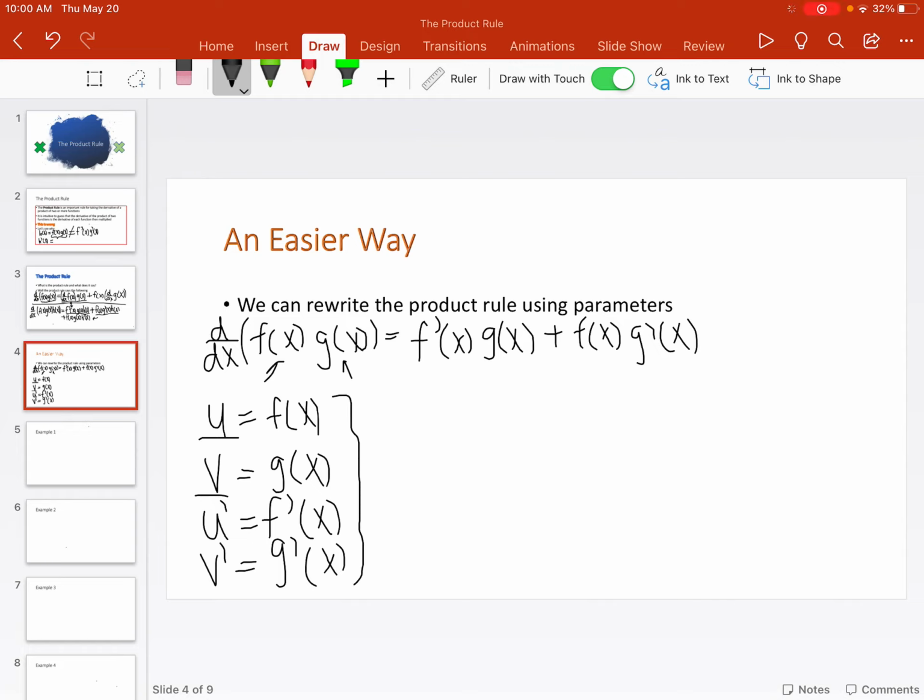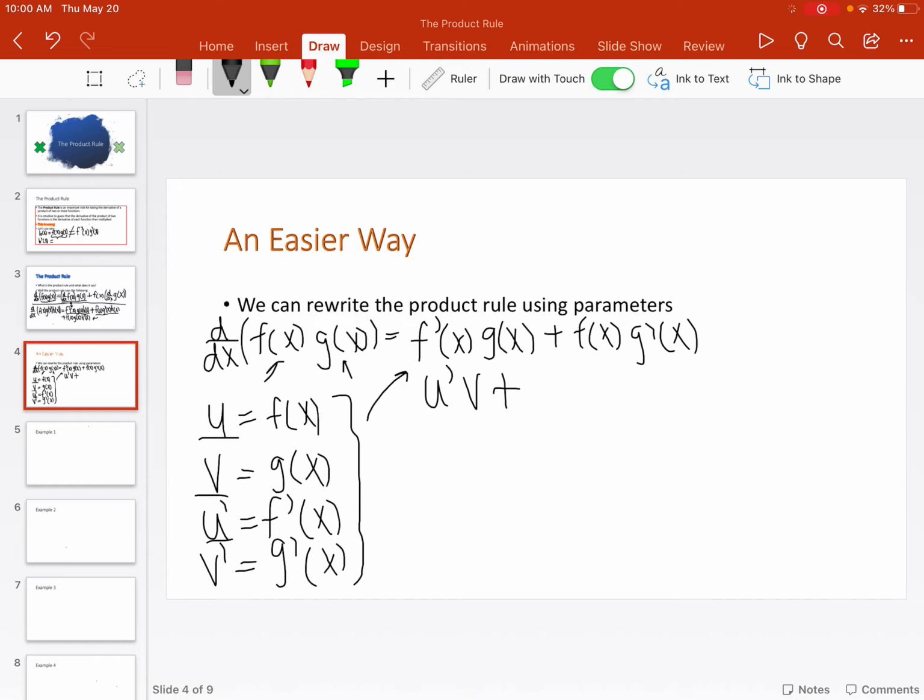So, well, these right here, we can substitute into this and transform this into a much simpler form. And what would that be? Well, let's do that step by step. F prime of x. What is f prime of x? Looking at this list, f prime of x is u prime, right? So we got u prime times g of x. Well, what's g of x? Looking at this list, g of x is just v